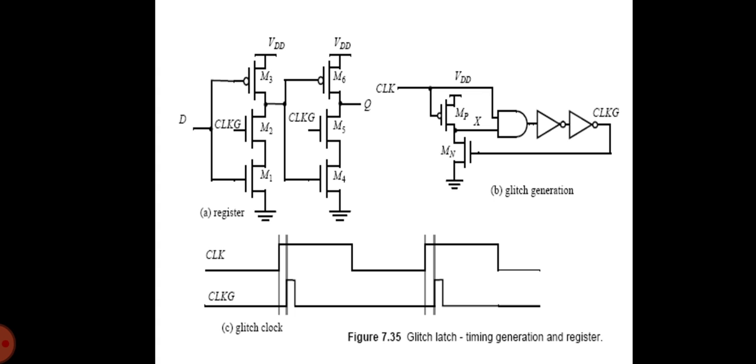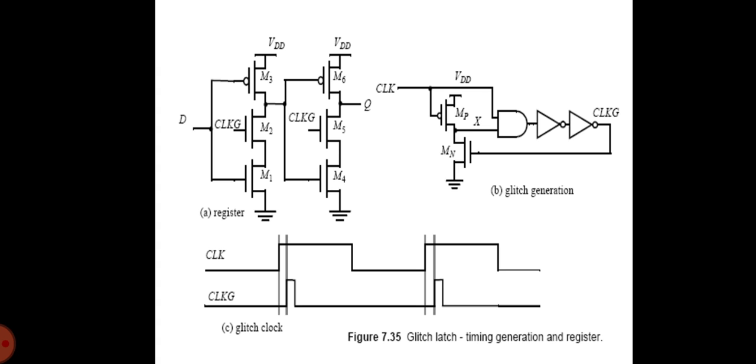On the rising edge of the clock, M3 and M6 turn on while devices M1 and M4 stay on for a short period determined by the delay of the three inverters. During this interval, the circuit is transparent and the input data D is sampled by the latch. Once clock D goes low, node X is decoupled from the D input and is either held or starts to pre-charge to VDD through PMOS device P2. On the falling edge of the clock, the node X is held at VDD and the output is held stable by the cross-coupled inverters.